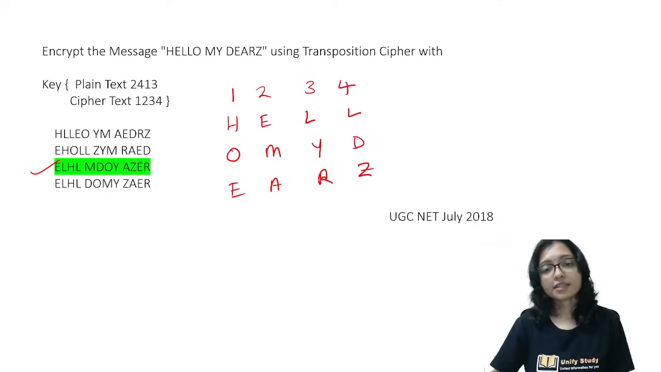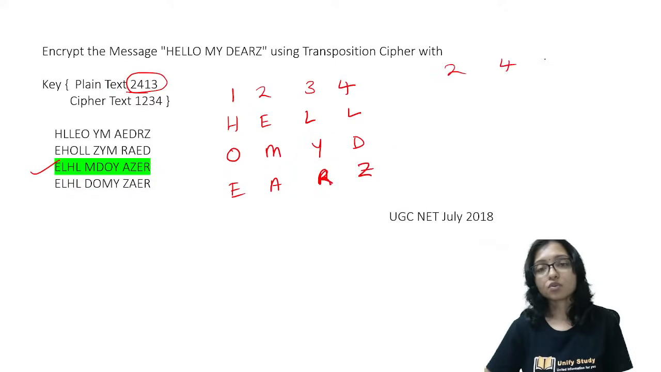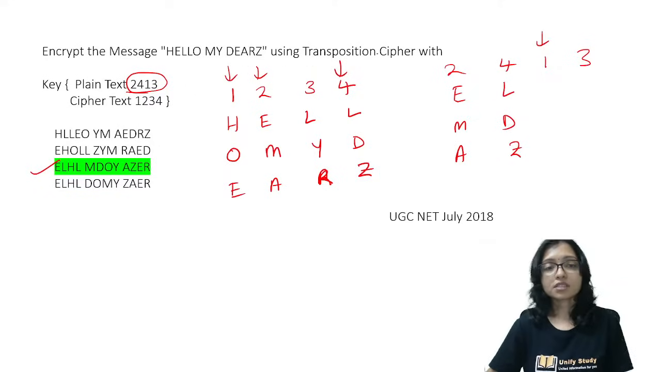HELLOAMYDEARZ. That is the way you have to write. Now this is 2431, so write it in that way, 2413. So the second one: EMA. Fourth one: LDZ. First one, this is the first one: HOE. Third one: